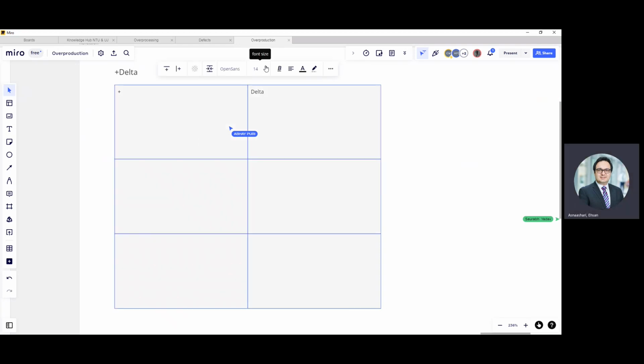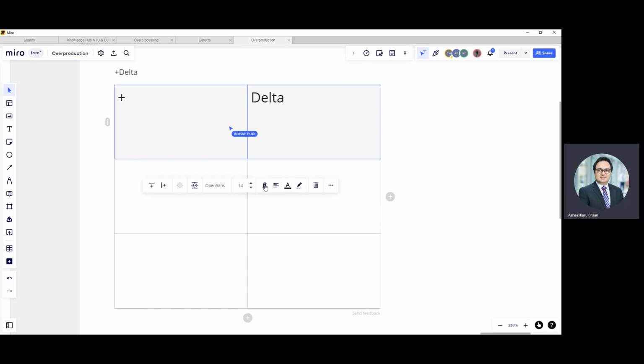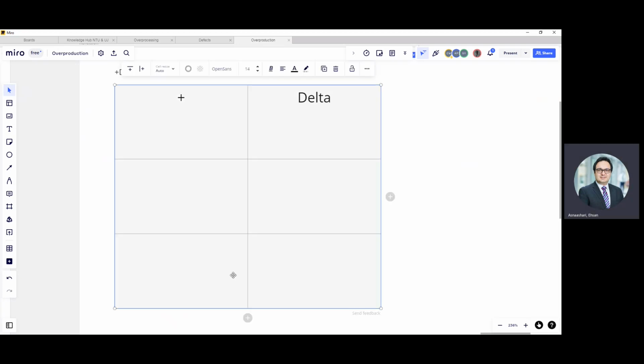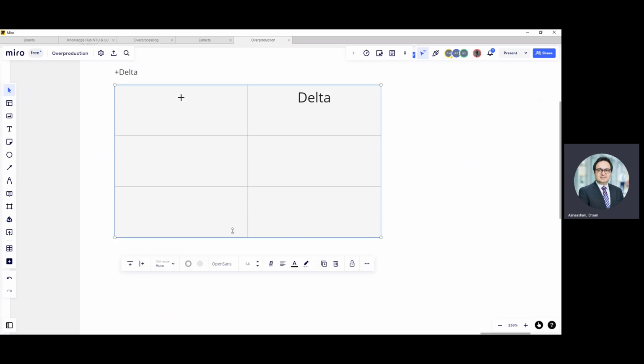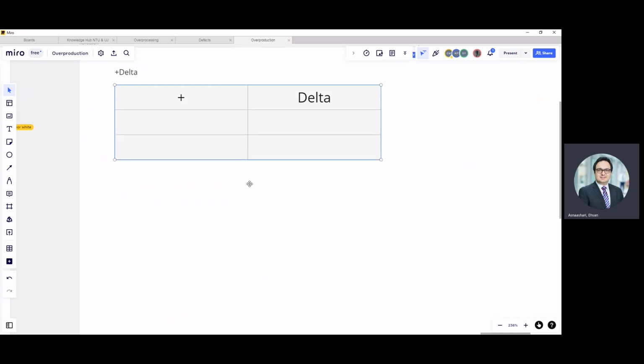So the font is a bit small. Then these two should probably be bold. You can make it centered as well. You can change the size of the cells in your table like this. Right? Probably you need more